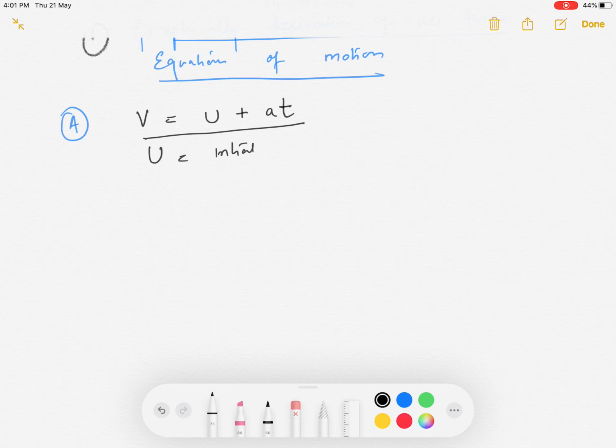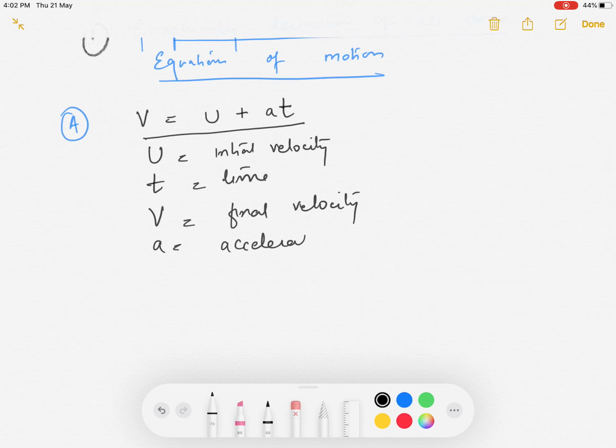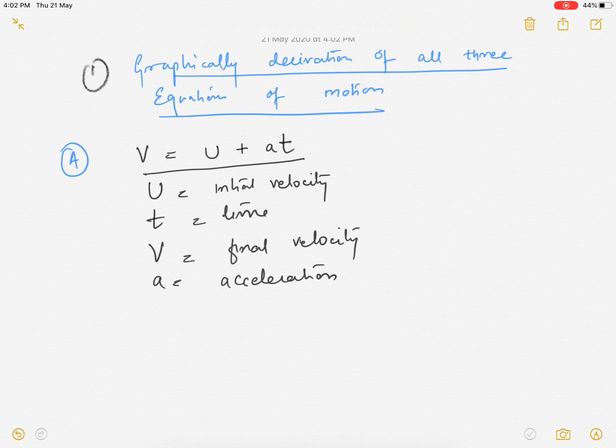Initial velocity. If we consider any object that is moving with initial velocity U, after time t, it acquires velocity v. This is known as final velocity. After some time, the body acquires velocity v, and it acquires velocity by accelerating. The body uses acceleration and it increases its velocity. So let A be the acceleration. Now, children,